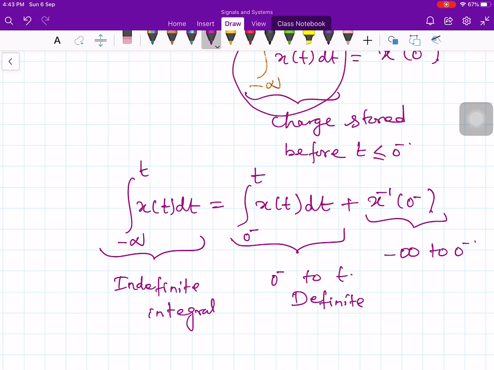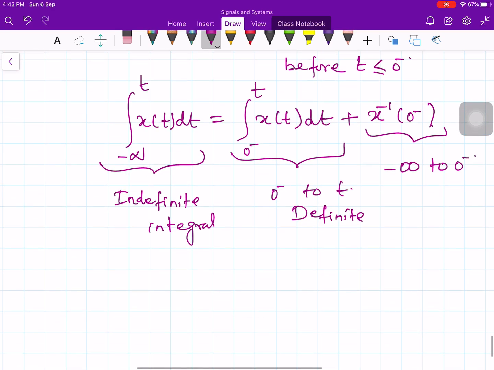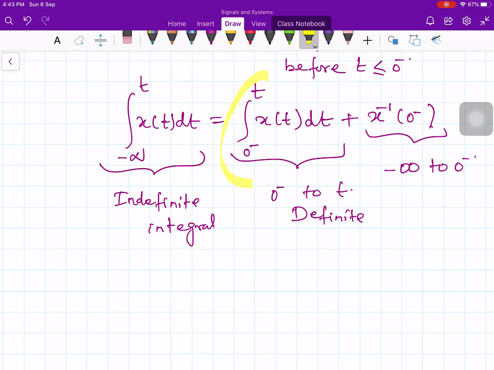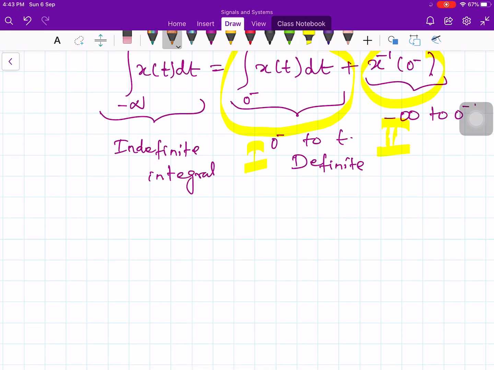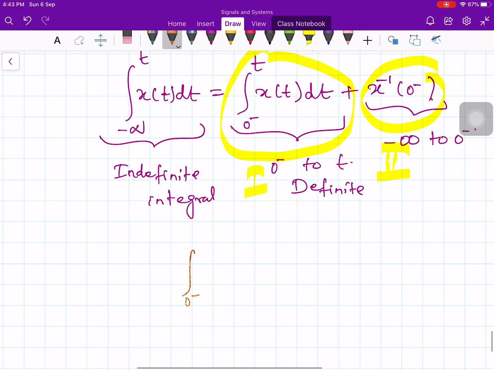Now in order to find the Laplace transform of this, I have two quantities, let's say 1 and 2. So first let us find the Laplace transform of the first expression, the integral from 0 minus to t of x of t dt. Let me call this some function g of t. Then we know straight away that g of 0 minus is